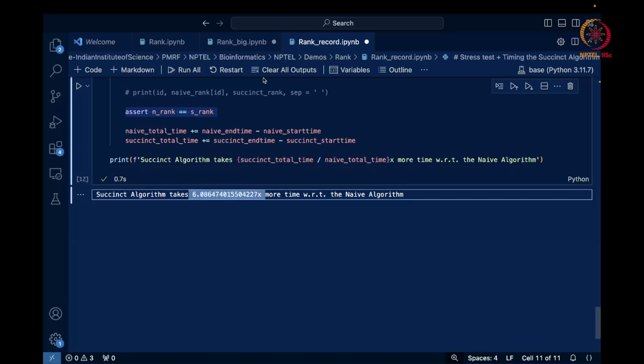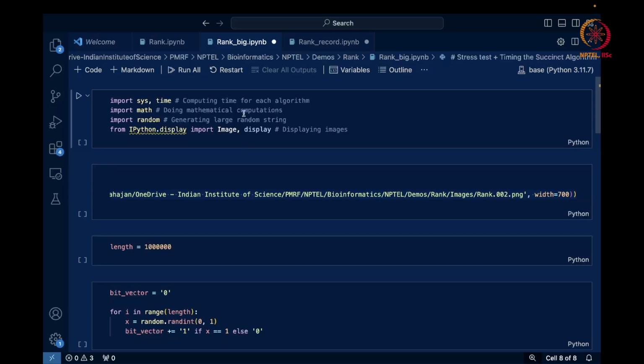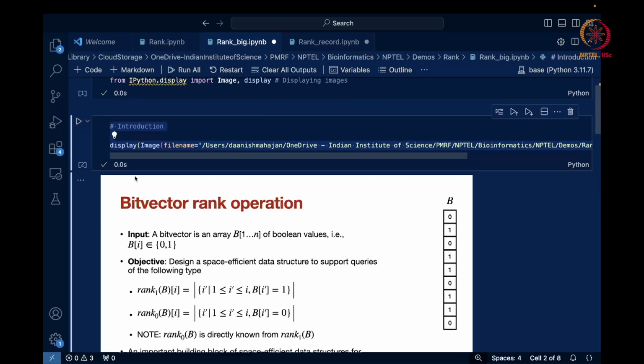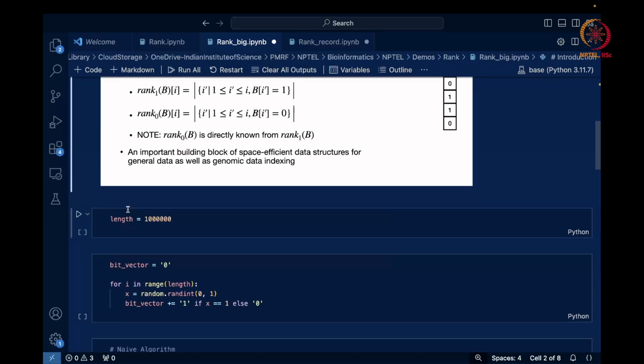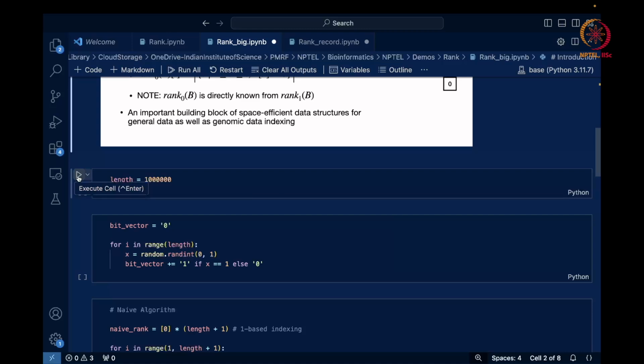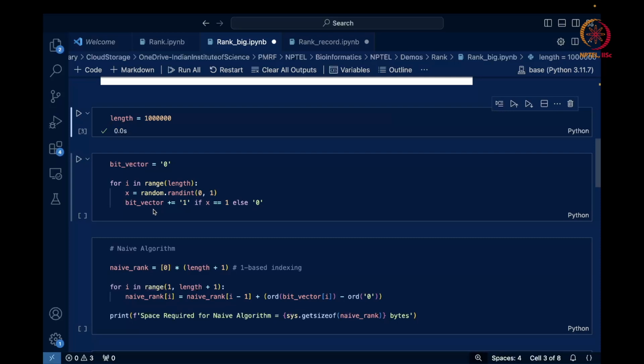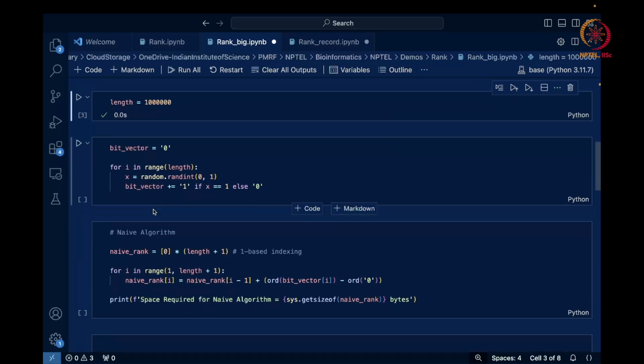and in order to show that, I have already pre-coded this script for a bigger example. So, let us run that. The first few cells are exactly the same as in the previous script, but in this script we are taking an input of length 10 raised power 6 and not 16,000. That is roughly a 50 times increment over the previous input,